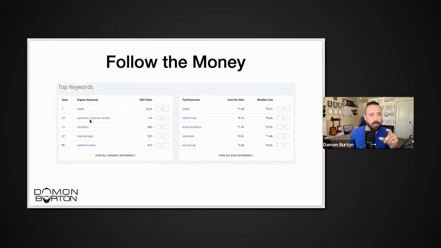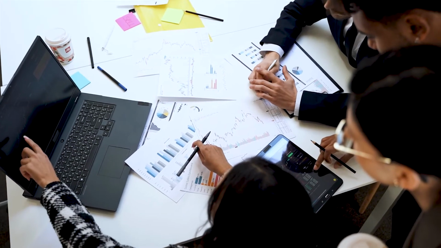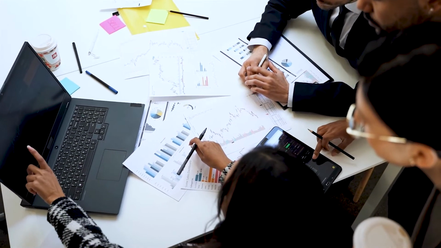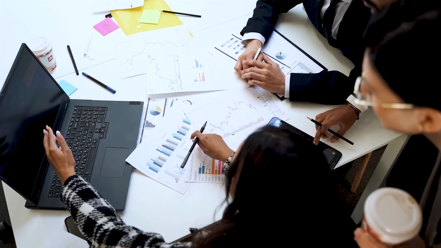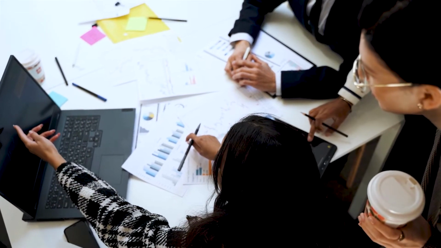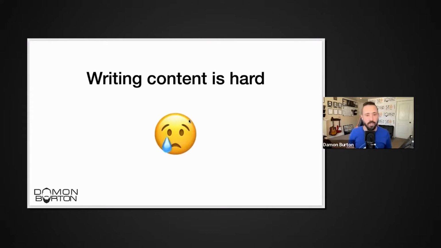On the left, we can see what are they targeting organically. On the right, if they're paying for ads and they pay enough to show up on the radar, we can see what they're paying money for. So Kajabi is bidding on ClickFunnels branded term. So the reason why we look at this in keyword research and then apply that to content is this is what your competitors are doing. So if they're throwing time and effort and money at it, it's probably because they're getting a return. Doesn't mean you have to copy all the same stuff, but this is a good place to look at for considerations of what types of content strategies you can start implementing to monetize. You realize what words you can target to make you money, but you can only show up on Google for what Google can read.